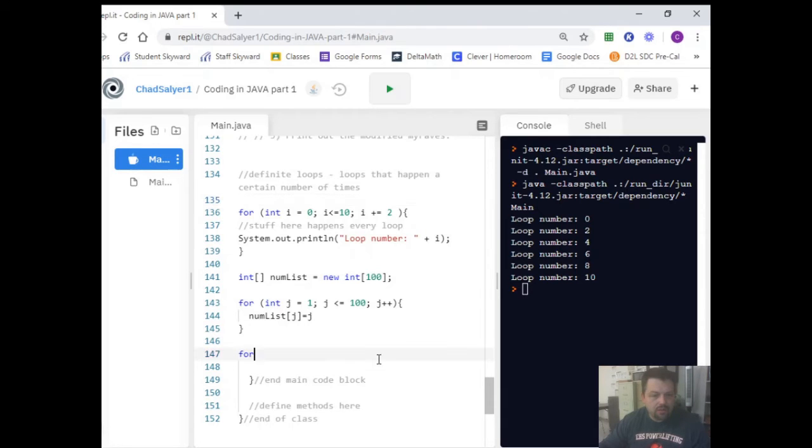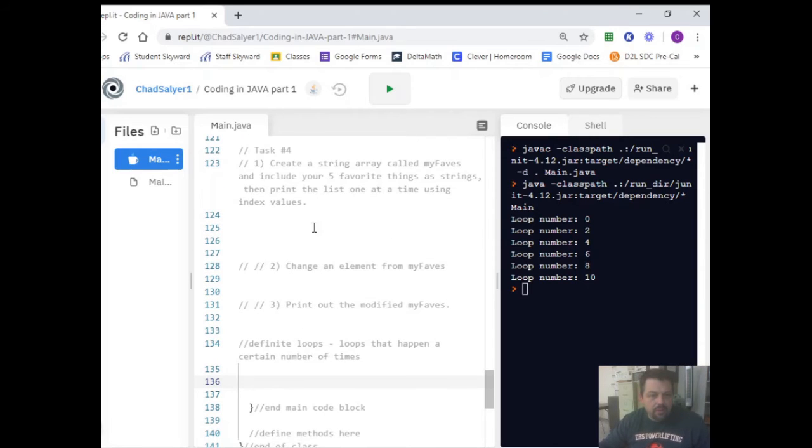Got some extra stuff on there. Alright, here we go. So, create a string array called myfaves. So, string, capital S. Oops, got caps lock on, I guess. There we go. Don't forget your open and close bracket to indicate that it's an array. Don't forget this open and close brace, and we'll put in